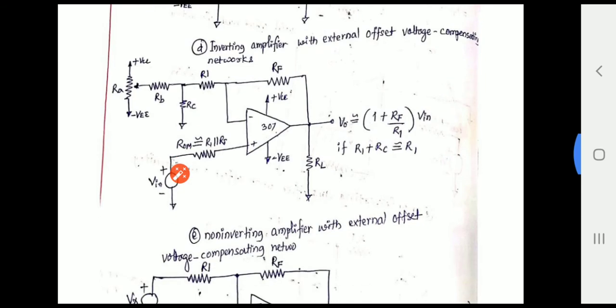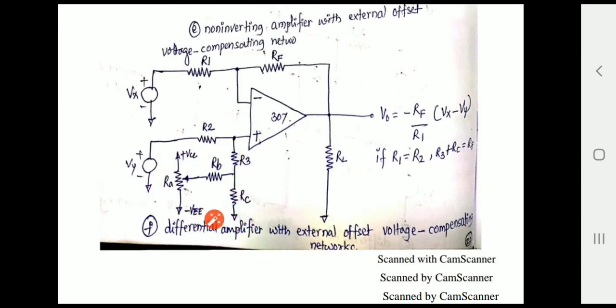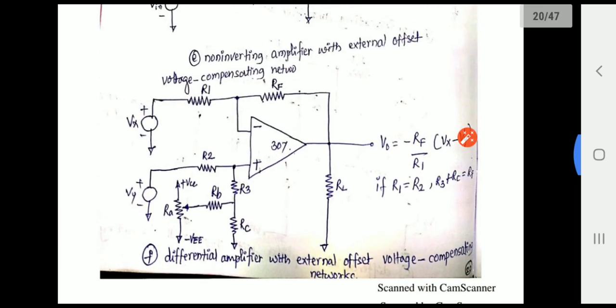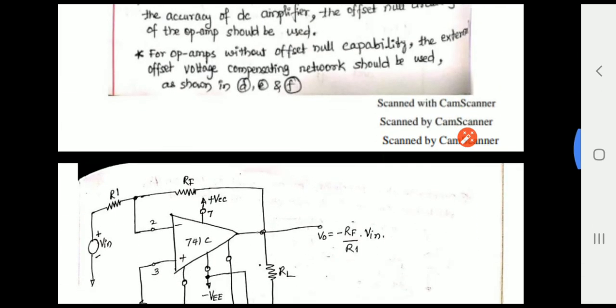Similarly, this is done for the non-inverting amplifier, where only the connection changes here. Similarly, you can do it for the differential amplifier. Here it is connected for the differential, taking this as the expression. You can change this by changing the expression. You can connect this at the inverting terminal, and with respect to that, you have to change the expression also. That is, again I say, 1 plus Rf by R1 into bracket of Vy minus Vx. So like this, we can use different kinds of circuits to perform DC amplification.